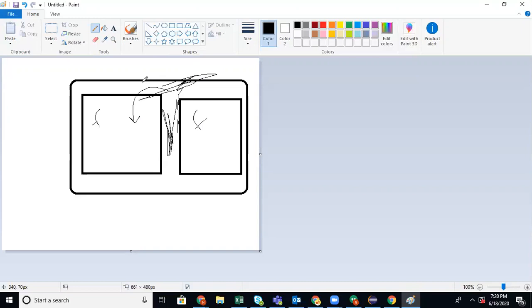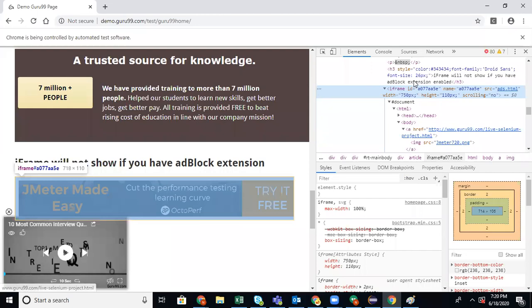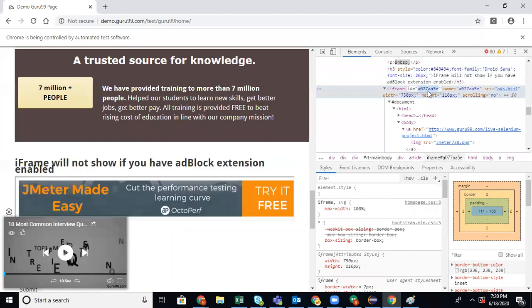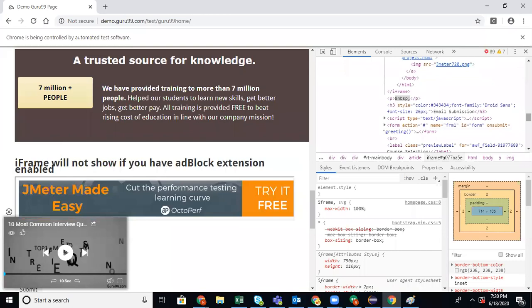After that, you have to switch back to the default content. Again, for this frame, there will be a locator. You have to switch to this frame, access it, and then go back. If this is a frame, you can see something called an ID, name, and all. You can use either locator to switch to this frame, and you will be able to click on it or do anything within this frame. See, this frame control is till here.